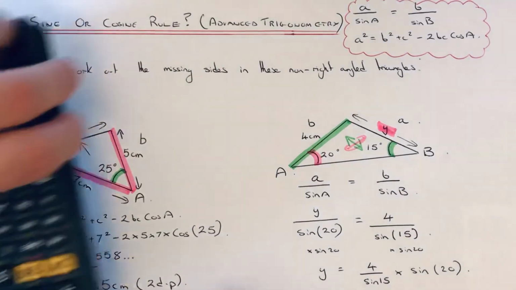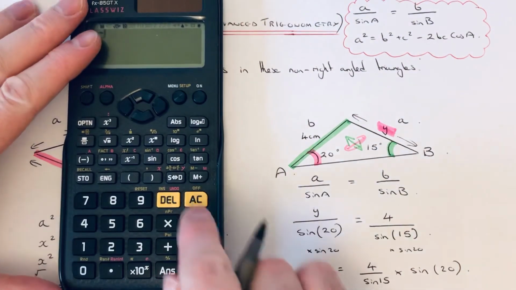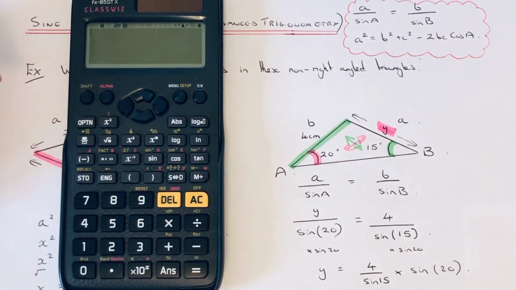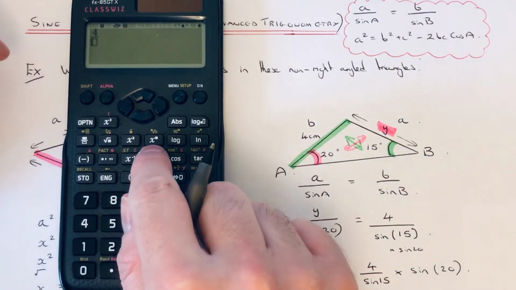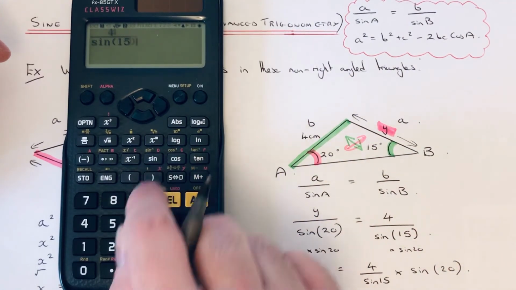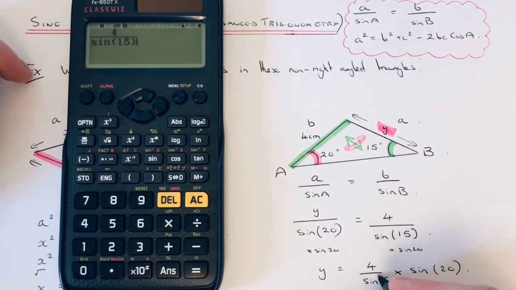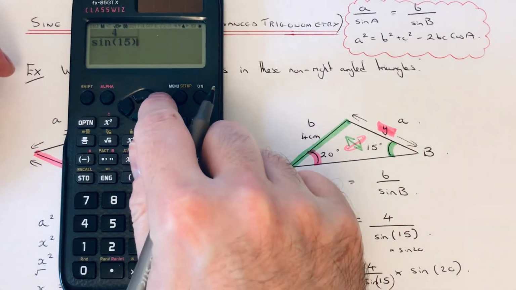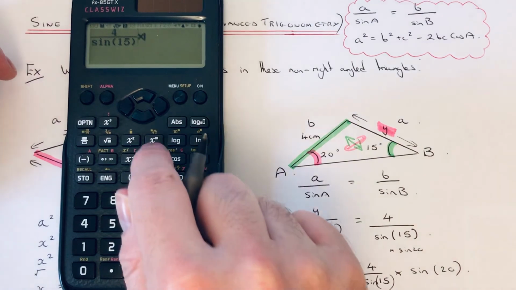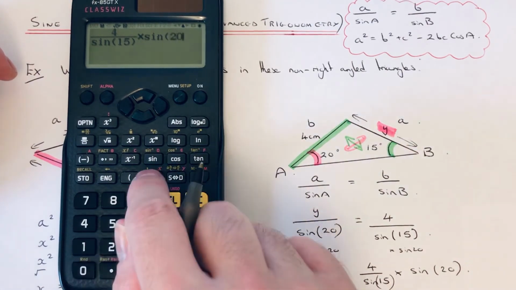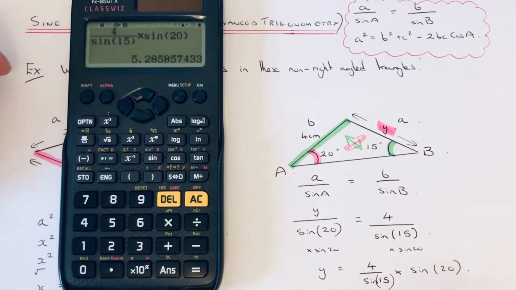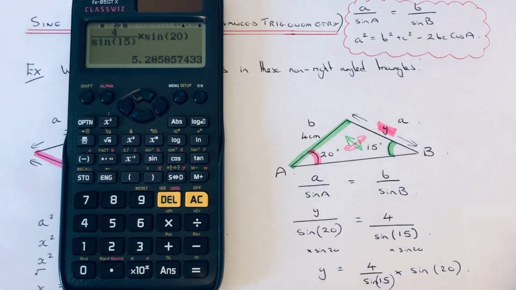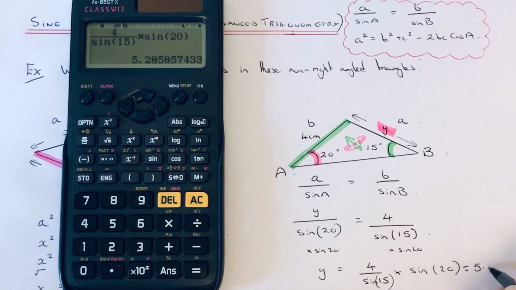Again, if you put this on the calculator, it's best to use your fraction key to do this. So it's 4 over sin 15. Make sure you close your brackets after the angles. Get it to the right, times by sin 20, close your bracket, press your equals. And that's our side length there. If we put equals, we'll do it to 2 decimal places again, so it's